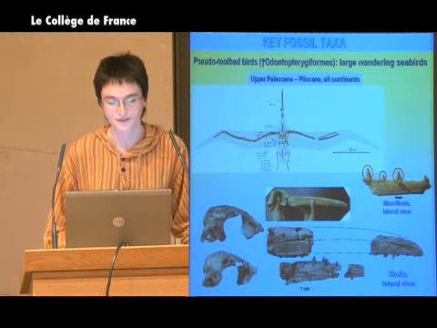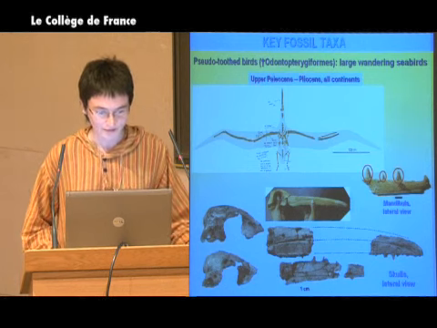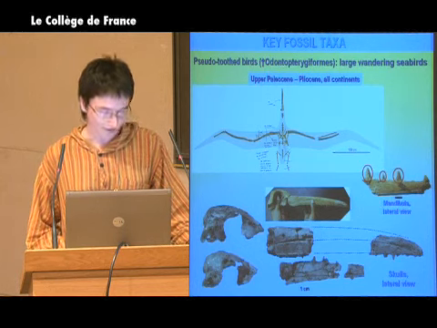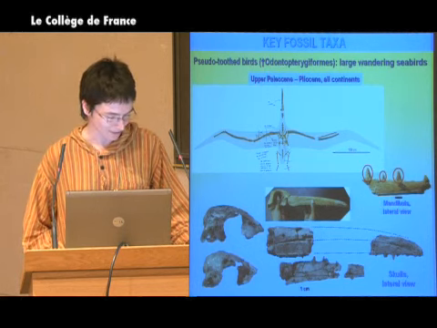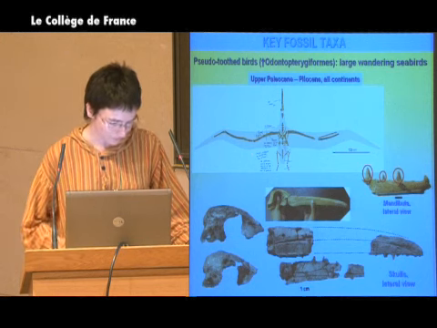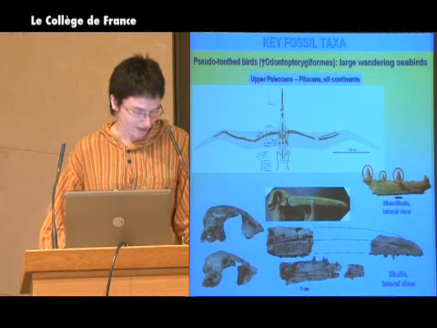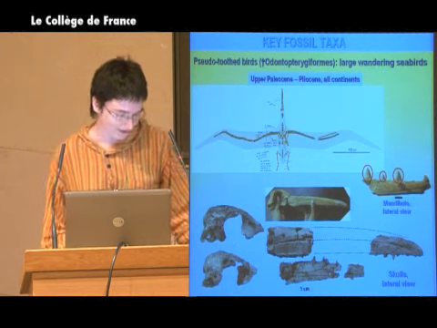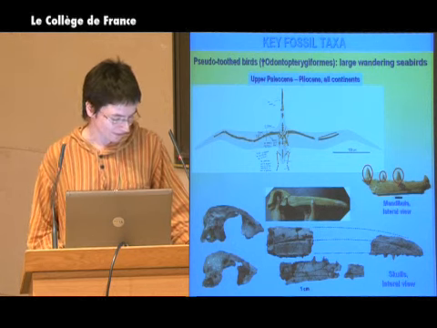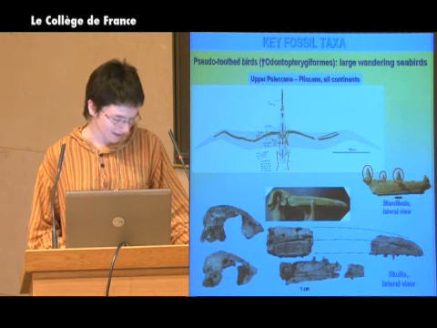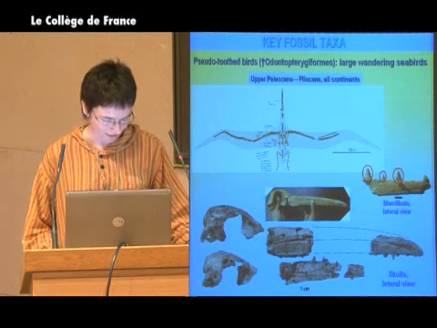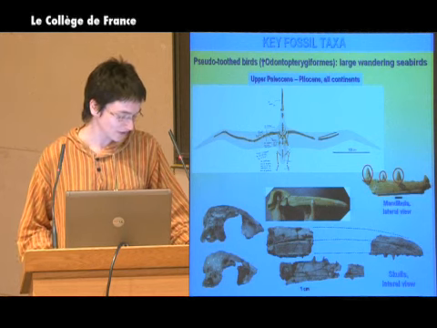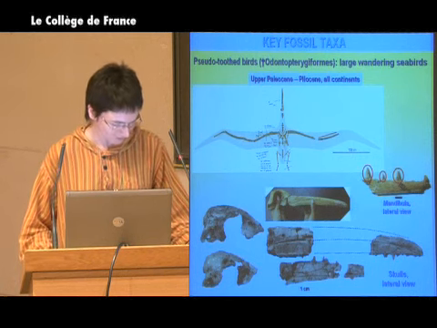So now I'm going to present to you a very peculiar group of fossil birds, which are called the pseudotooth birds, or odontopterygiforms. They are an extinct group of large pelagic seabirds, and they had long, narrow wings, which were highly specialized for gliding. And you can see here the straight and slender wing bones. The wingspan of the smallest false-toothed bird was about the size of a gannet, and the largest ones were truly gigantic, reaching a wingspan of 6 meters, which is 2 times larger than that of extant albatrosses.